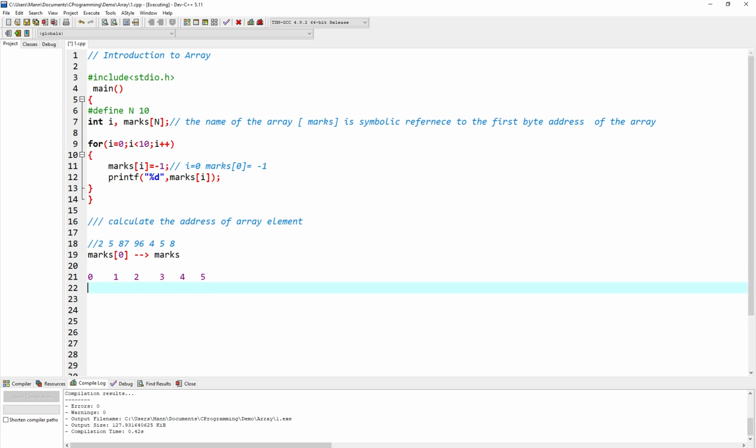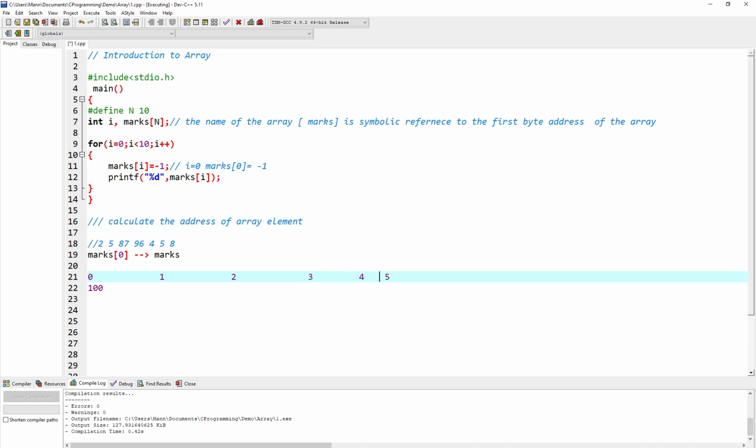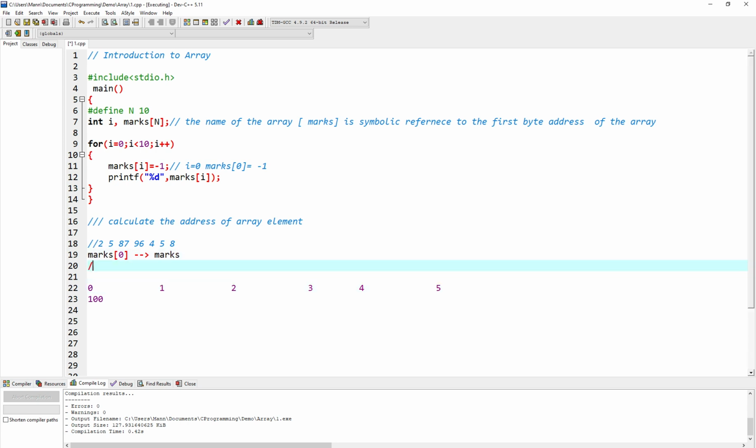So the address of these subscripts, let us suppose this is 100, and the second one is, let me take this scenario first. This is because marks is of integer type, and assume that for the integer in my computer, the integer is going to take 2 bytes, for example. So what will be the next address where the second element is stored? The second element will be 5. So where will it be stored?